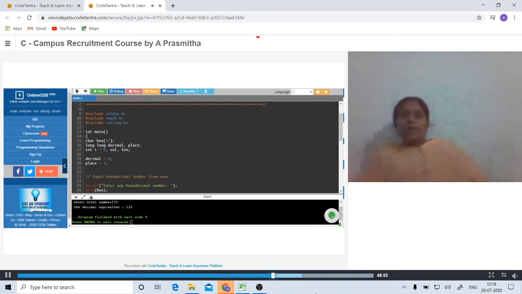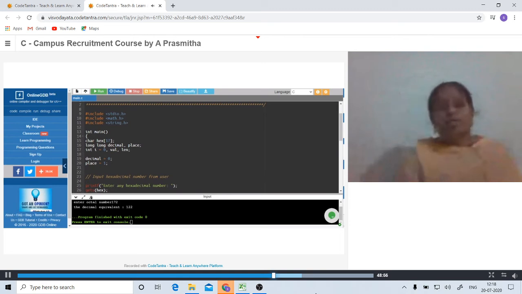So i is equal to 0. Array index starts from the 0th location. So the i value is also 0, and we want to convert that character into an ASCII number. So that will be stored in value. And we want to know the length of the given input string. For that we are using len.